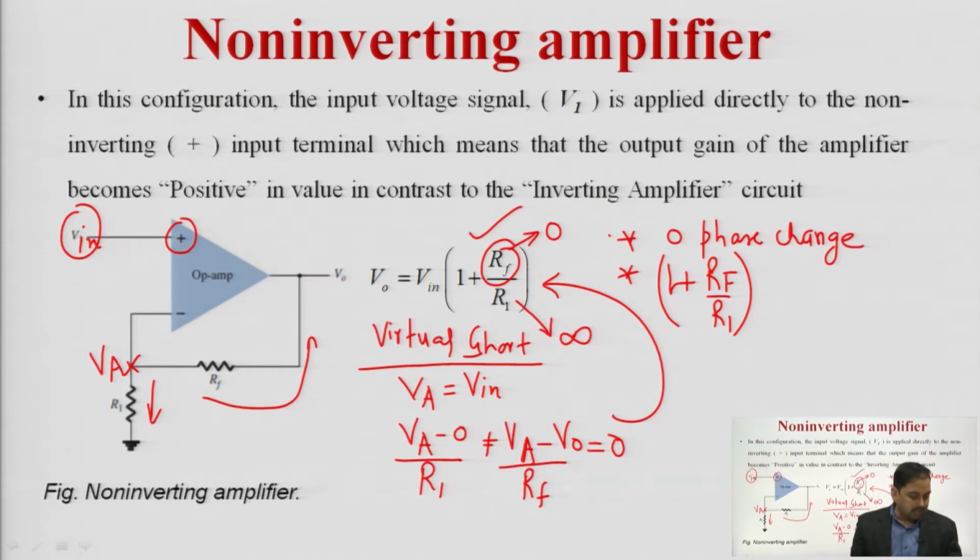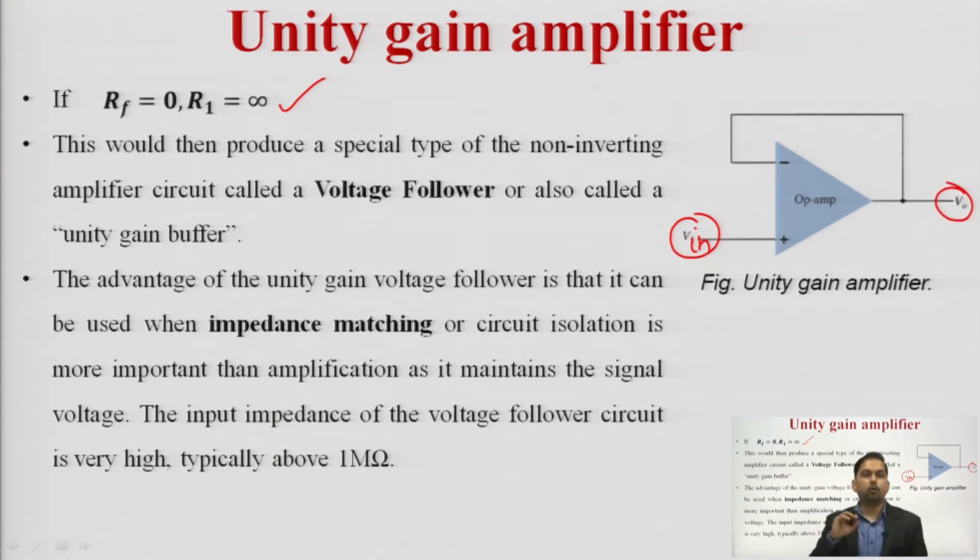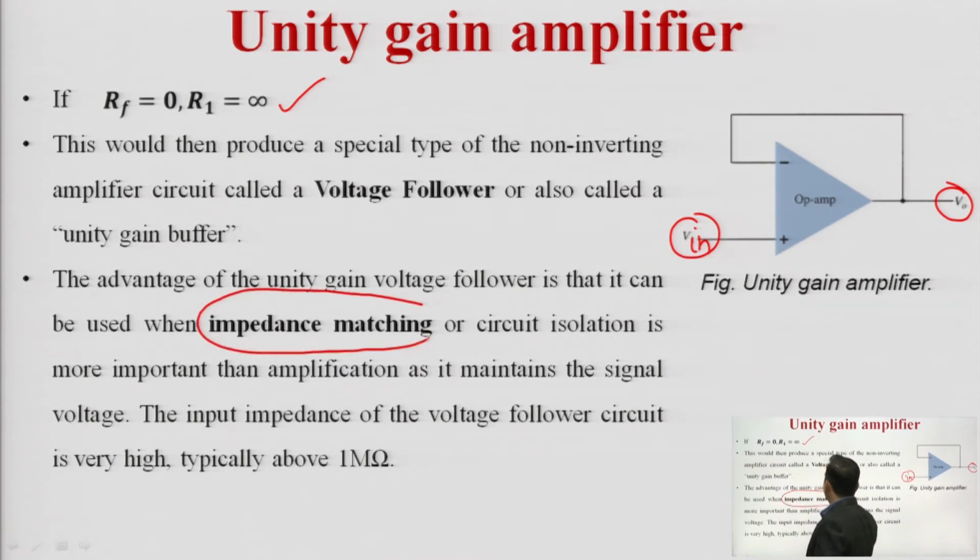So if we are utilizing RF equal to 0 and R1 equal to infinite, then the output follows the input voltage, let's say V in, which is called the voltage follower. This is used in impedance matching. The role of impedance matching is to deliver maximum power. So we are utilizing this concept,